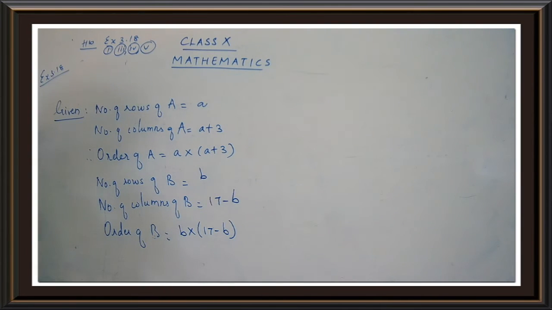So this is what was given to us, and they have also given a condition that both the products exist. They are saying that AB exists and BA also exists. So you have to find A and B. Are you clear with this part, children? So this was the given. From the given part, I have found the order of A and also the order of B. Now let us move further.